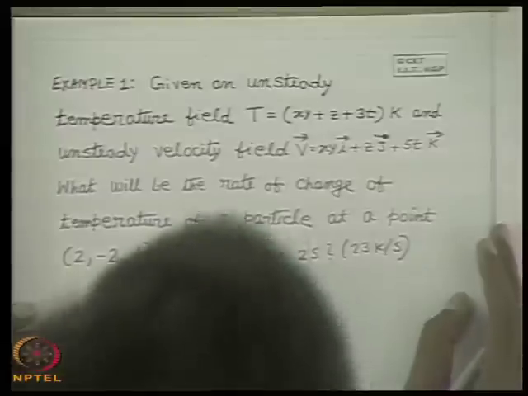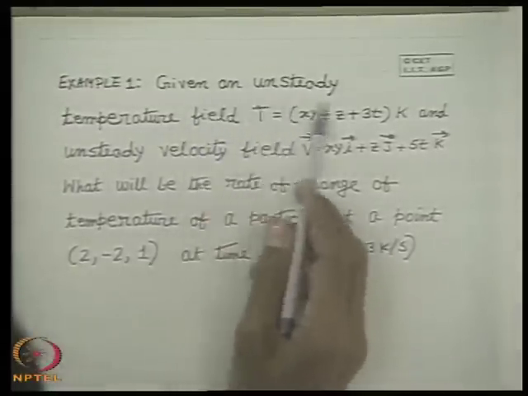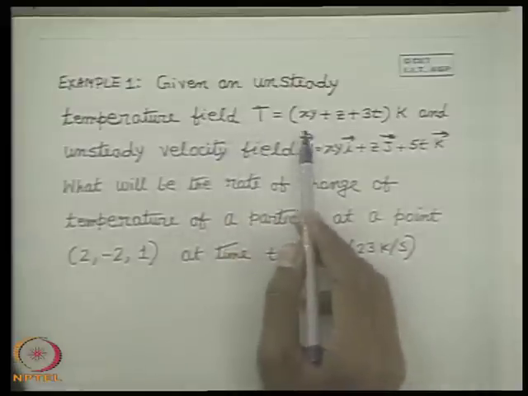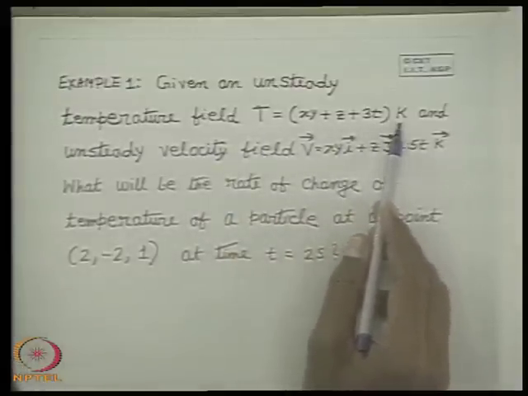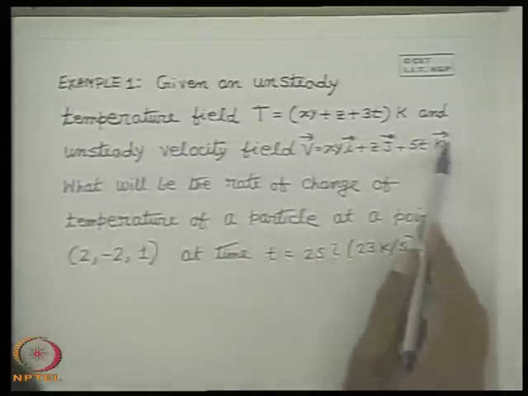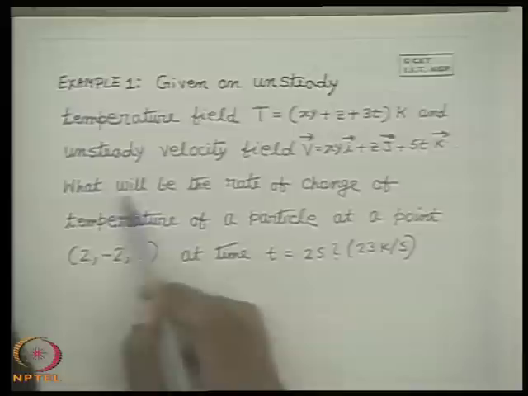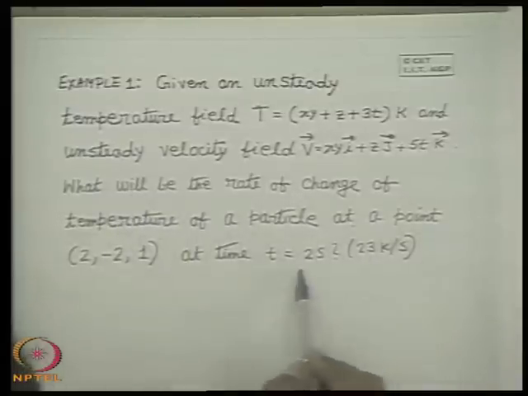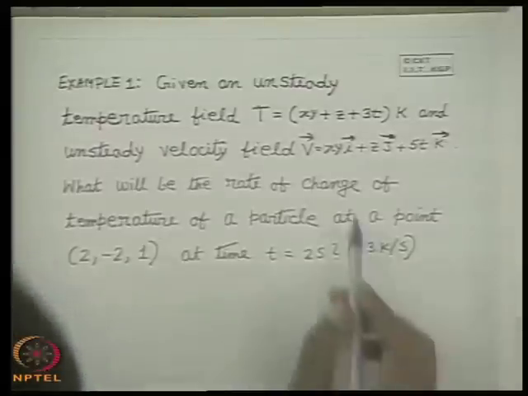Now after this, let us come to an example. Please write: given an unsteady temperature field T equal to xy plus z plus 3t Kelvin, and an unsteady velocity field V like this. What will be the rate of change of temperature of a particle at this point at time t equal to 2 seconds? So this is simply your application of the